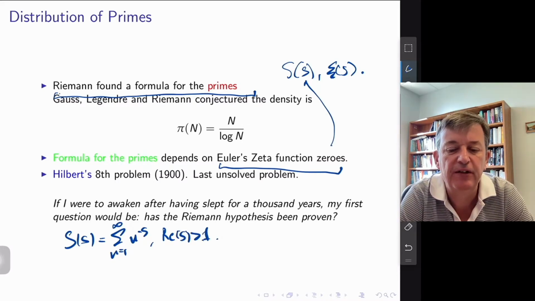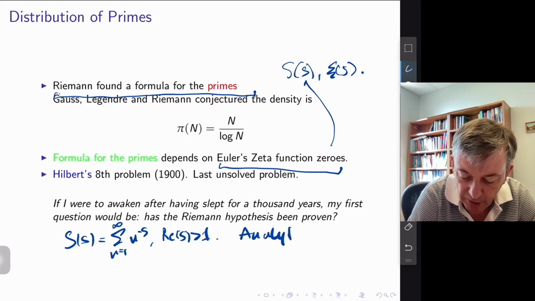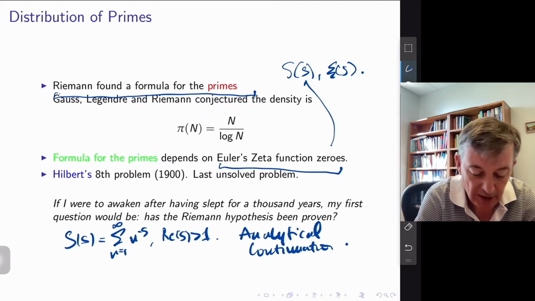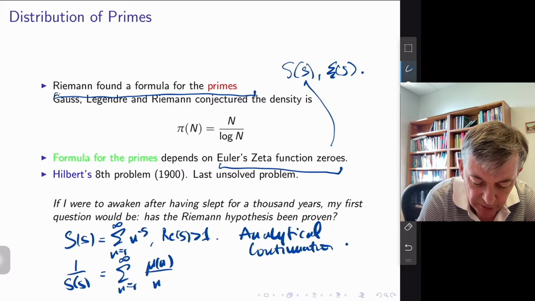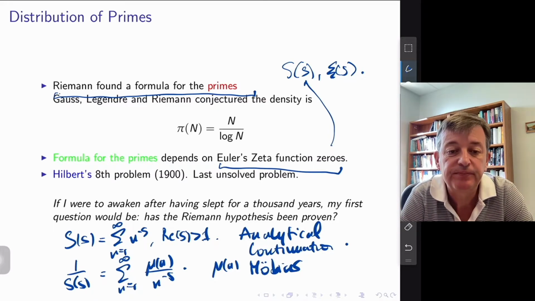So the zeta function is defined as the sum, n goes from 1 to infinity, of n to the minus s, defined for real s bigger than 1. We'll have to talk about what's known as analytical continuation: how do we make sense of that function for real s less than or equal to 1? Another formula that you'll see in the slides today is the reciprocal zeta function, where mu of n is something called the Möbius function. That's something we'll look at as well. These objects are sometimes called Dirichlet series, and there's a whole theory of these things.